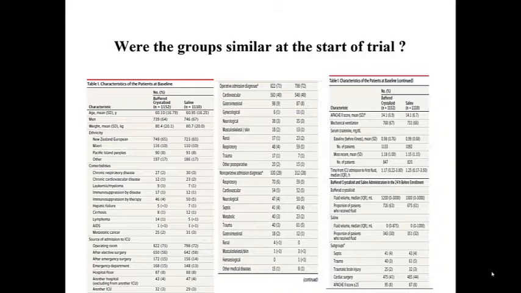So looking at the characteristics at the baseline of the study, at a glance you will see that the participants in both study groups were kind of similar. But I would like to point out a few things that are really important in the appraisal of this article. First of all, look at the ethnicity of the patients that were enrolled in the study. The study was done in New Zealand and Switzerland, so they were European and Pacific Islander mostly, different from the ethnicity of the patients we treat here.